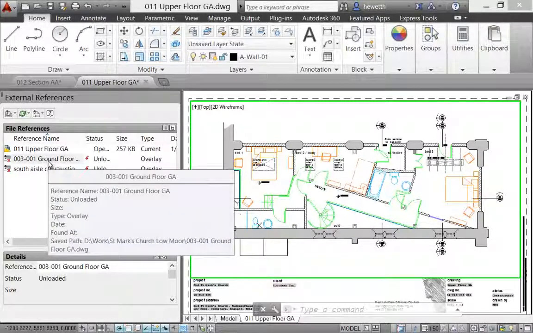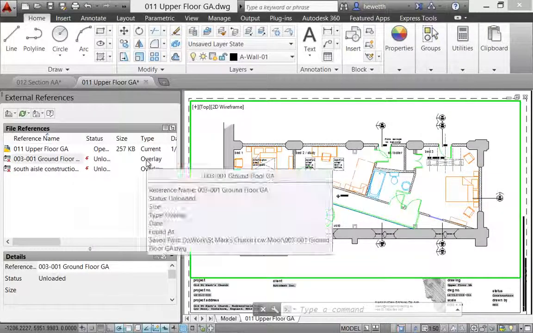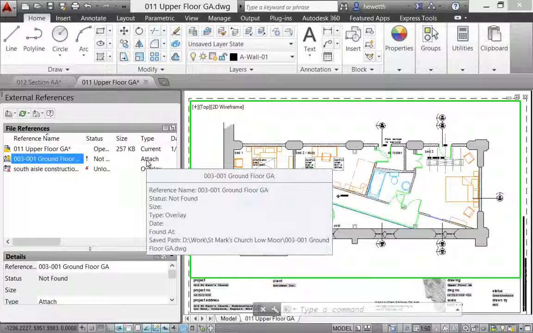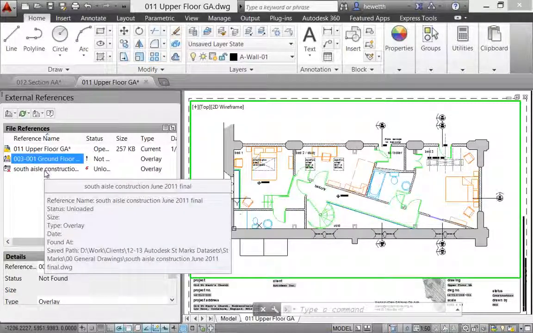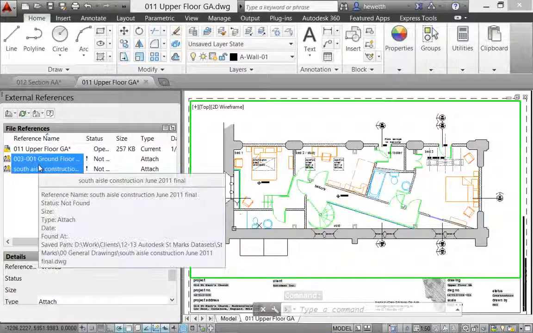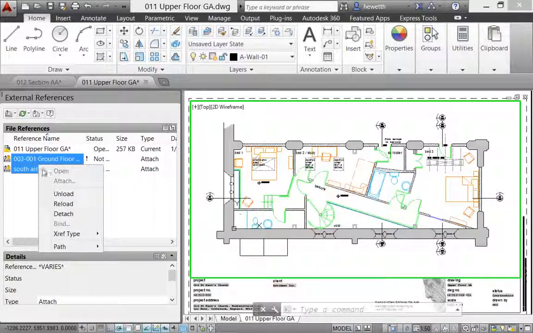A couple little things that you may not notice. If you select an Xref in the Xref Manager, you can now double click on the type to change it between attach and overlay. And if you select multiple Xrefs, you can right click and you'll see Xref type as an option in the right click menu so that you can change the attachment type of multiple Xrefs at the same time. You can also right click